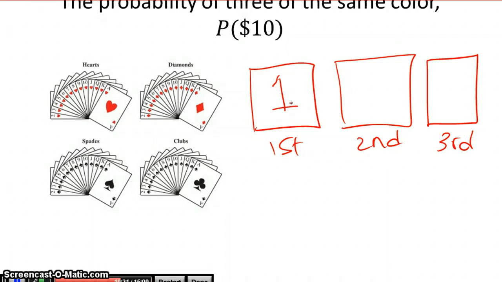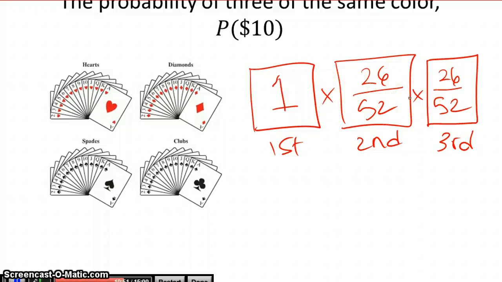But now, once you've selected your first card, it's going to be red or it's going to be black. But now you're locked. For the second card has to be the same color, and there will be 26 of the same color in the deck, because we're doing it with replacement, out of 52 total cards. And then for the third card, it's similar. You are going to have 26 of the same color for the first and second card out of 52 remaining. Then using the multiplication principle,